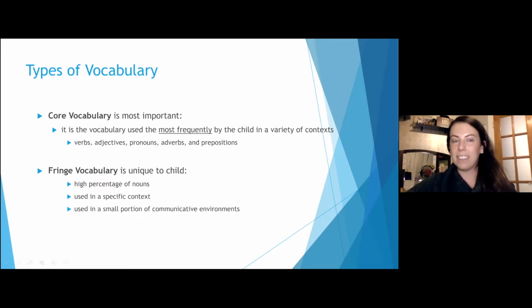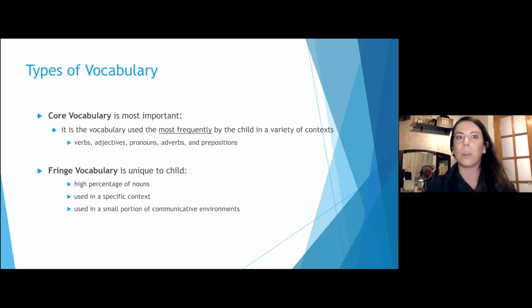So then from there, types of vocabulary. We've talked about what AAC is, types of AAC, and how to keep AAC accessible. And now you have your device with all the pretty vocabulary words, or your vocabulary board in front of you. What does all of this mean? Your speech therapist is talking about core vocabulary, or you might be doing PECS and hearing more about fringe vocabulary. What is the meaning behind all of this?